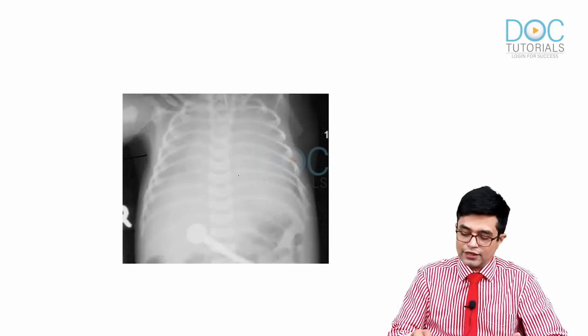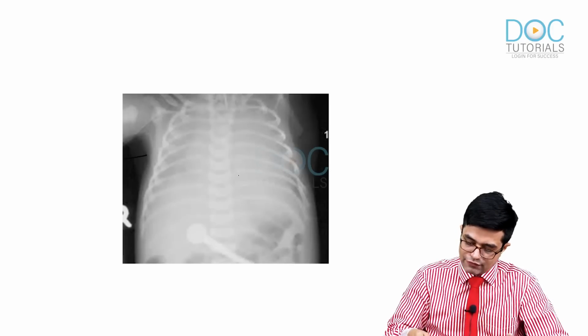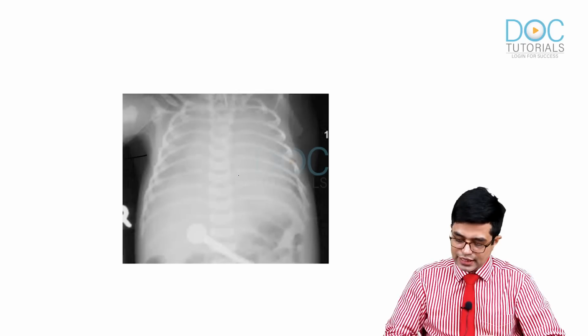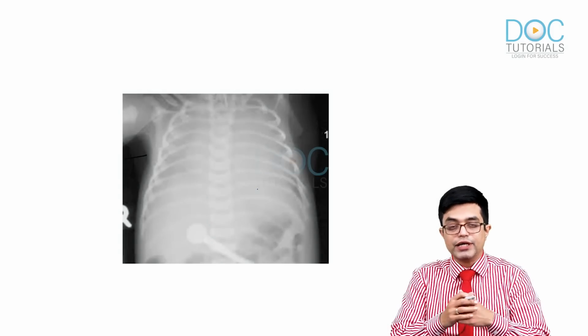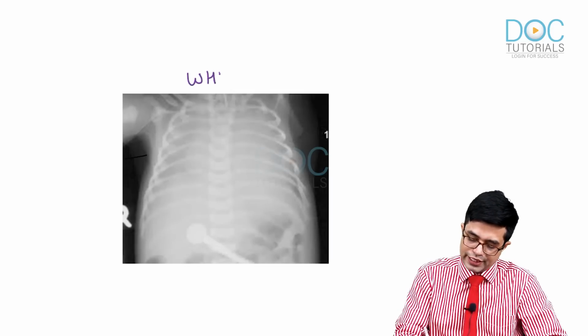Right? And then what does a white out lung look like? Let us try to see here. This is a white out lung. Can you see almost the entire lung has collapsed and almost no air can be found. Very high mortality, very high ventilatory requirements. So this is the appearance of a white out lung.